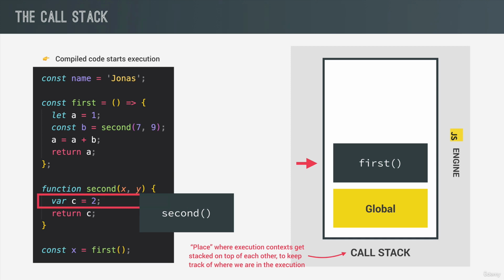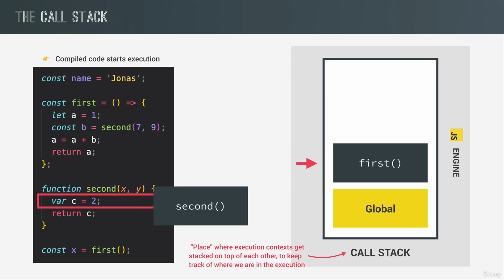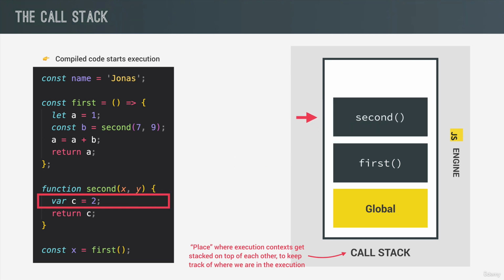And as you guessed, a new execution context was created right away for this second function. And once more, it is pushed onto the call stack and becomes the new active context. Now, what's important to note here is that the execution of the first function has now been paused, okay? So again, we are running the second function now, and in the meantime, no other function is being executed. The first function stopped at this point where the second function was called and will only continue as soon as